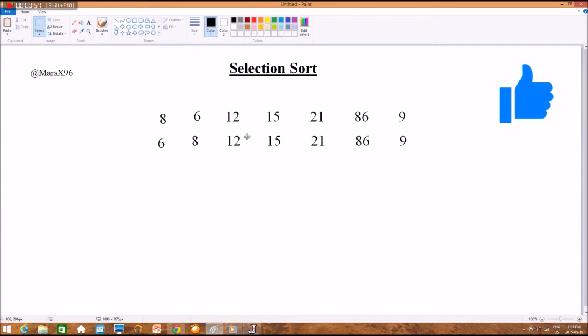And then it goes on. 6 and 8 are in order. The next number that comes after 8 and is less than 12 is 9. So 9 and 12 get switched. And the rest of the